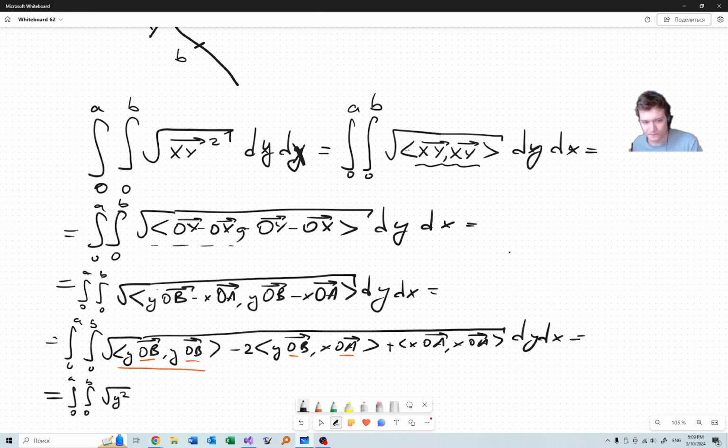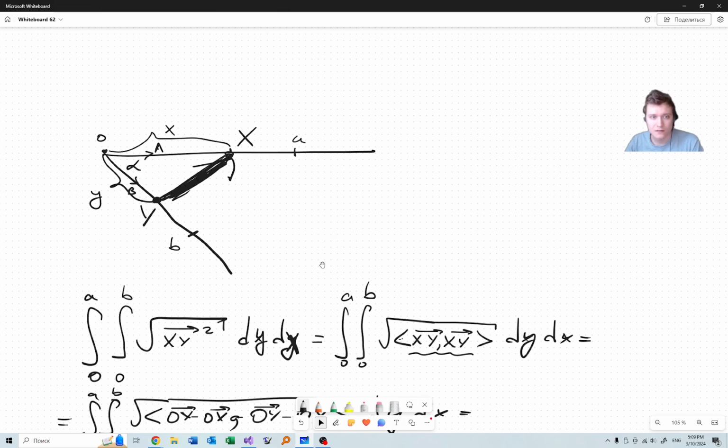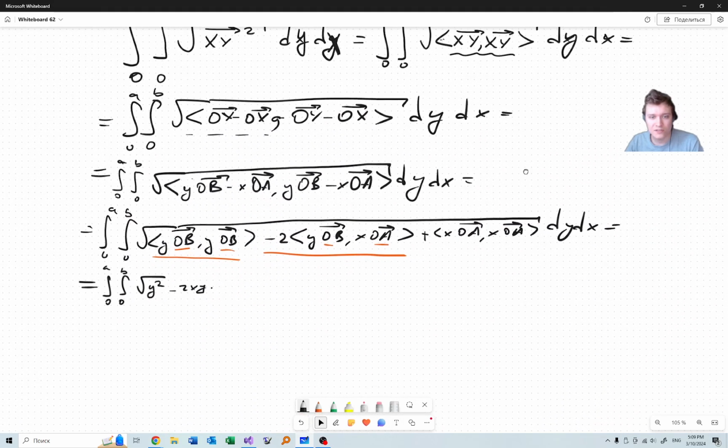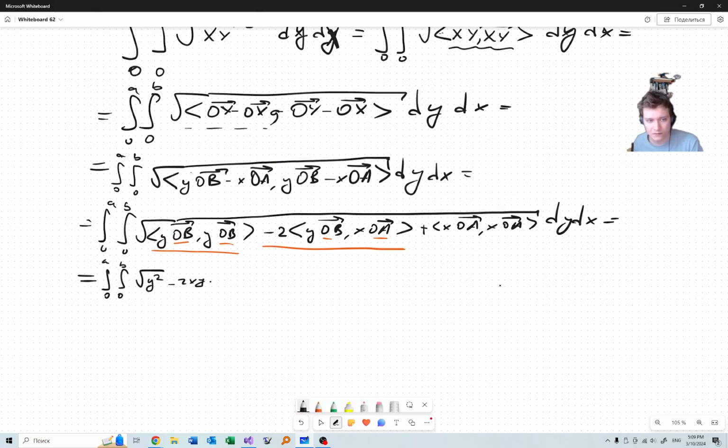What is this? This is minus 2xy times the cosine of alpha. And finally plus x squared